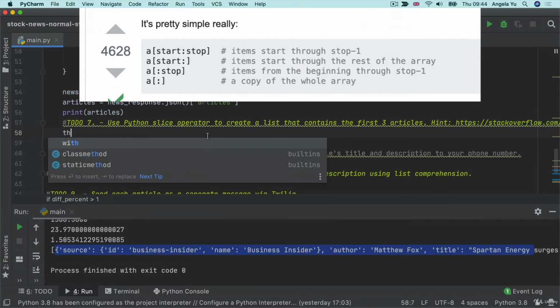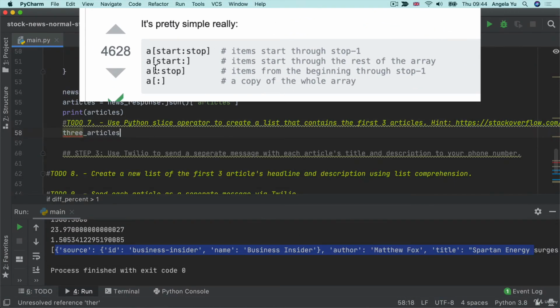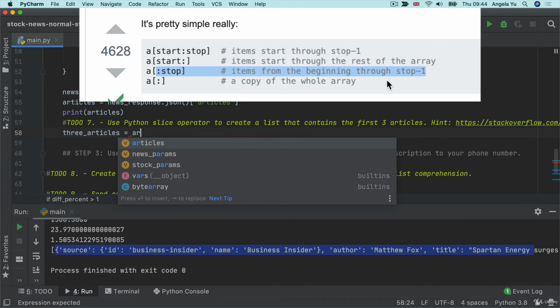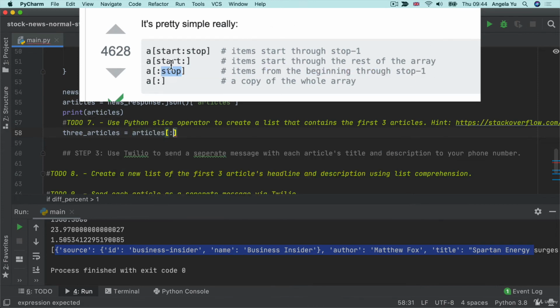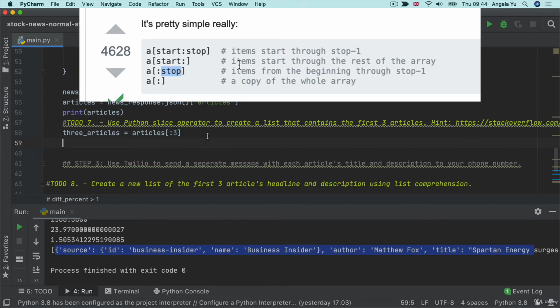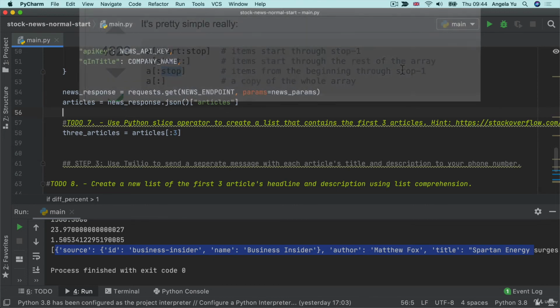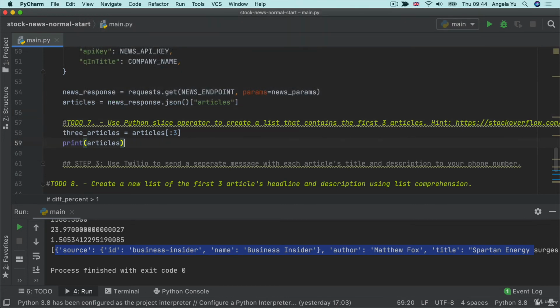If we want to only get the first 3 articles, then our start is probably going to be from the beginning, and then we're going to stop at 3. So that's going to be :3 because lists start counting from 0. Like that, and now if I print these 3 articles,